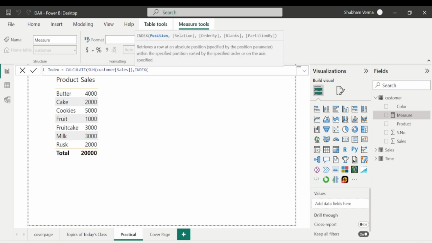So guys, look at the parameters. The first parameter is position. That means on which position you want to see the sales. So here we have 7 records. Let's suppose I want to see the sales of these cookies, which is on the third position. So I will write here 3,